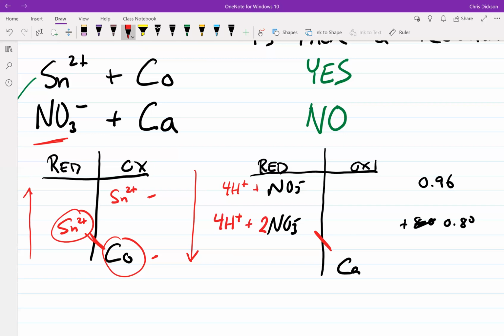And you might say, well, but hang on a second. This is nitrate, which means it's in solution, which means there's water there. And you remember from last chapter that even in neutral water, there's hydronium present, like you actually have H pluses there. So the question is, well, why wouldn't the H pluses in the water work here? Like, why wouldn't they work? And the reason for that is if you look at the very top of the table,